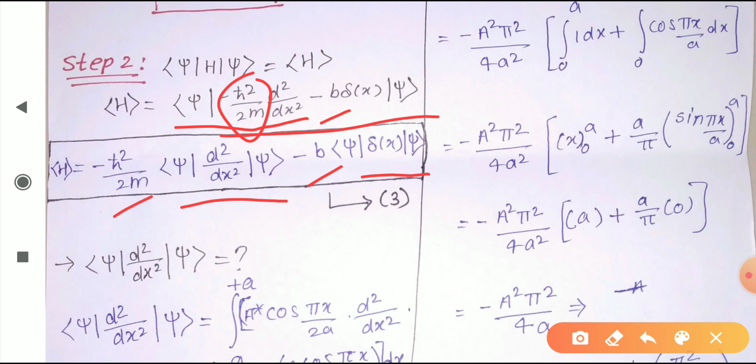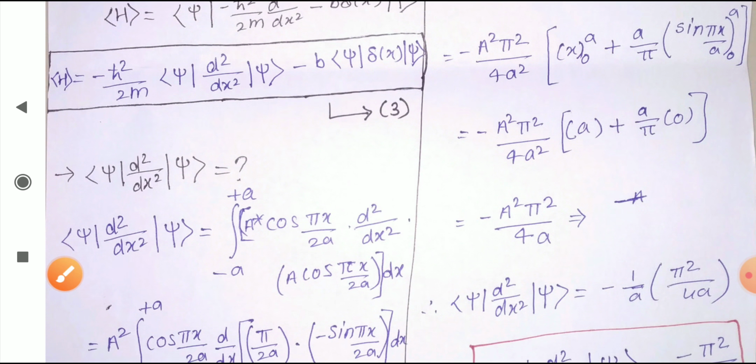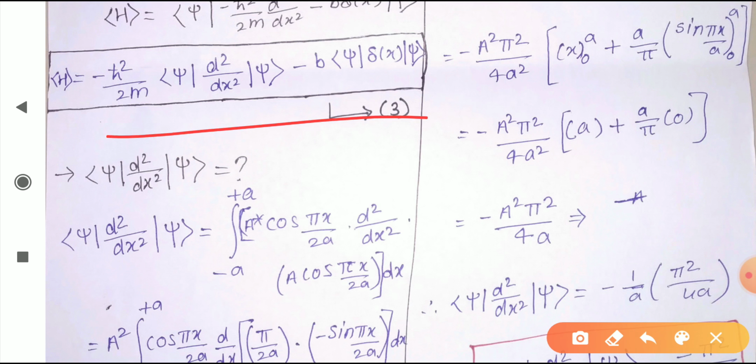Clear? So now, this we have done, that is we have separated the two terms. Okay, now separately we can find these values. Together also we can find, but if we do it separately it will be easy for us. Okay, so first we'll find the first term, then we find the second term, then after finding these two terms we will substitute the values here. Clear? So here first we'll find the first term. So the first term we have is d square upon dx square of psi in the bracket.